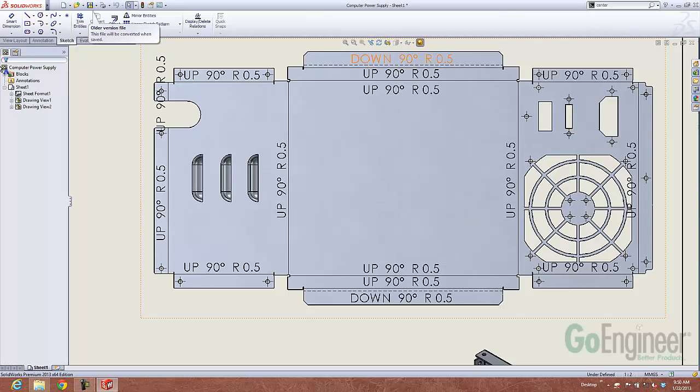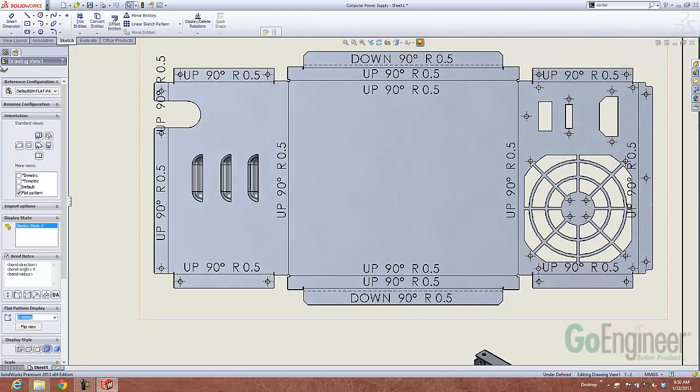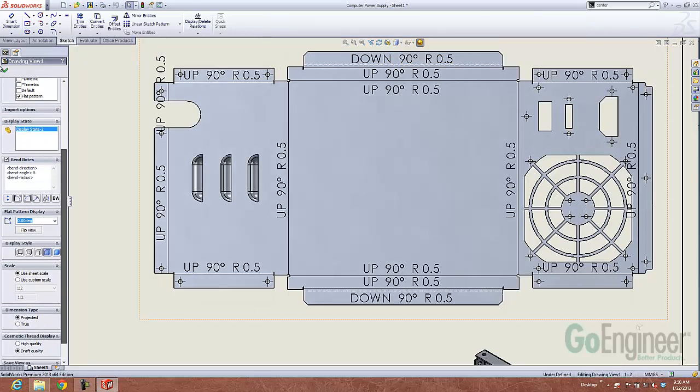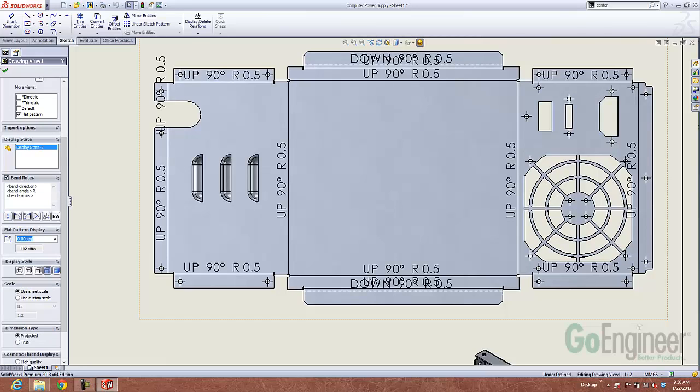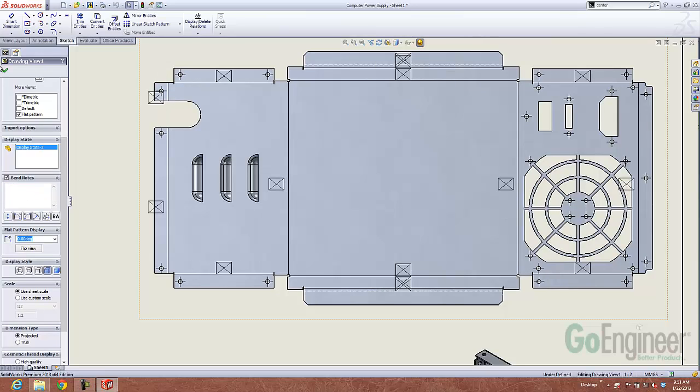If you want to control those bend notes, you can actually select the view now, and then down in my feature manager, I have this option for bend notes. I can say don't display them. I can shut them off so we don't have to look at them at all. Or I can specify what I'd like to see. In this particular case, I'm going to remove all the values out of there, and I can say, well, at first I'd like to see the